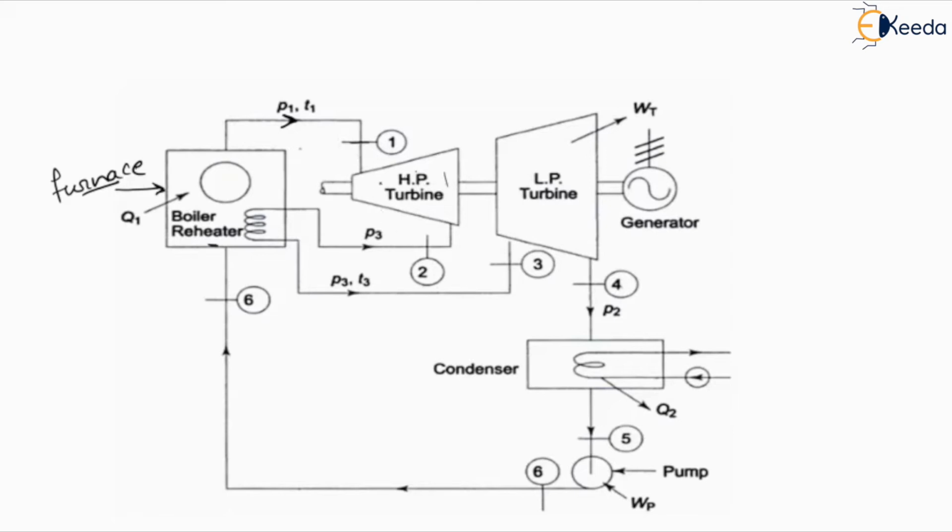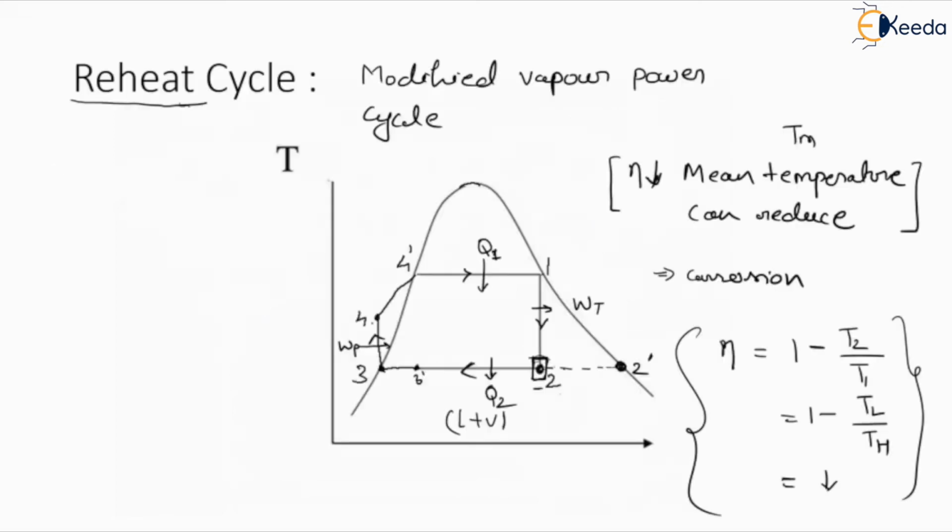So here in this particular higher pressure turbine, the steam will expand and then it will go to the reheater. After expansion, the pressure will reduce and that reduced pressure steam will transfer to the reheater. So in this particular process, if we see this diagram here, 1, 2, 2. So initially what we are doing,